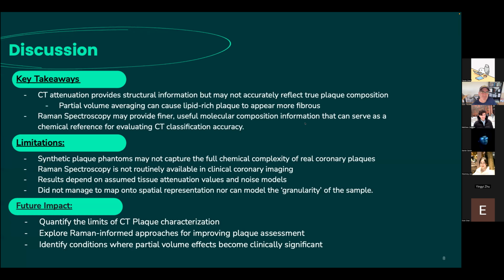So the key takeaways here is that the CT attenuation definitely provides structural information, but may not accurately reflect the true composition of the plaque. The partial volume averaging can cause lipid-rich plaques to appear more fibrous. That was something that was demonstrated in AIM2. And the Raman spectroscopy does appear to provide finer, more useful molecular composition information and allows a one-to-one mapping between the two spaces, whereas the CT might be more many-to-one, in that multiple CT values could represent